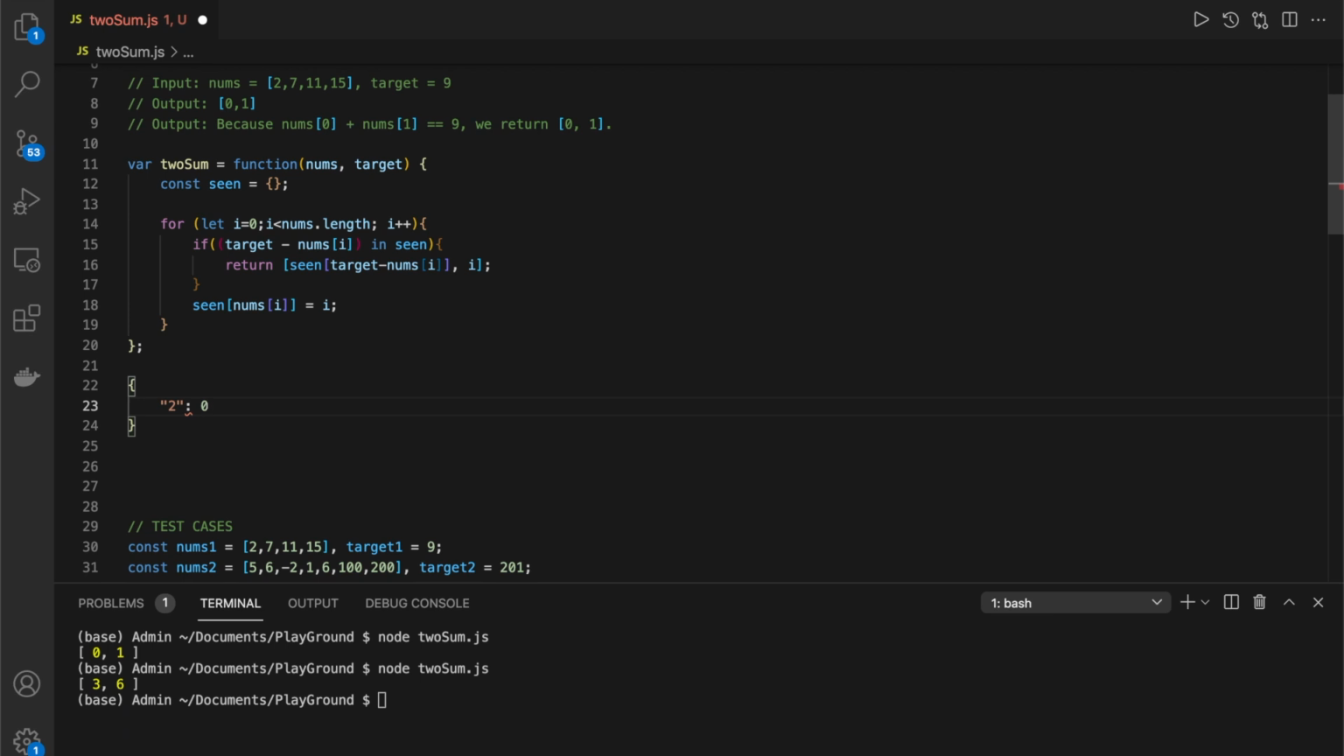Okay, now let's look at the second iteration when i is equal to 1. Remember this is our second iteration, right? We already have something inside the seen object. Okay, so when i is equal to 1, let's look at what happens inside the if statement in the loop. So we can check is target 9 minus